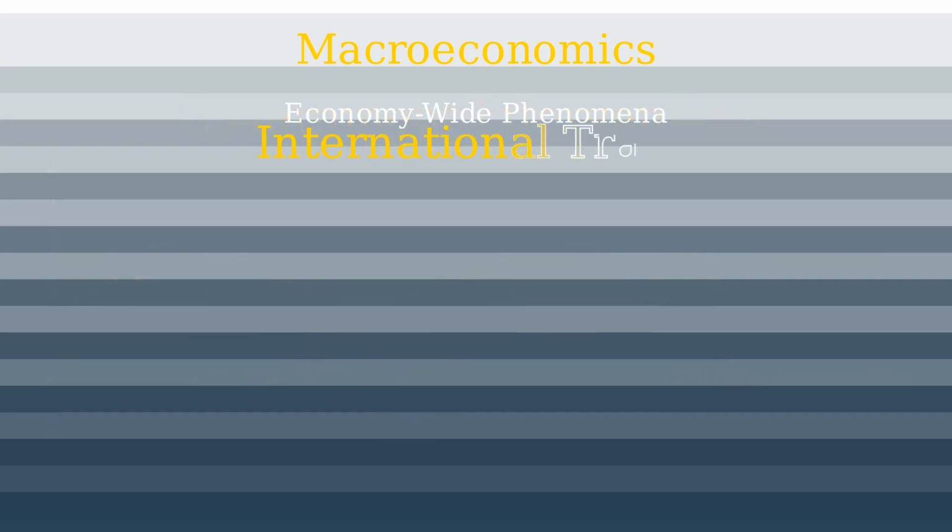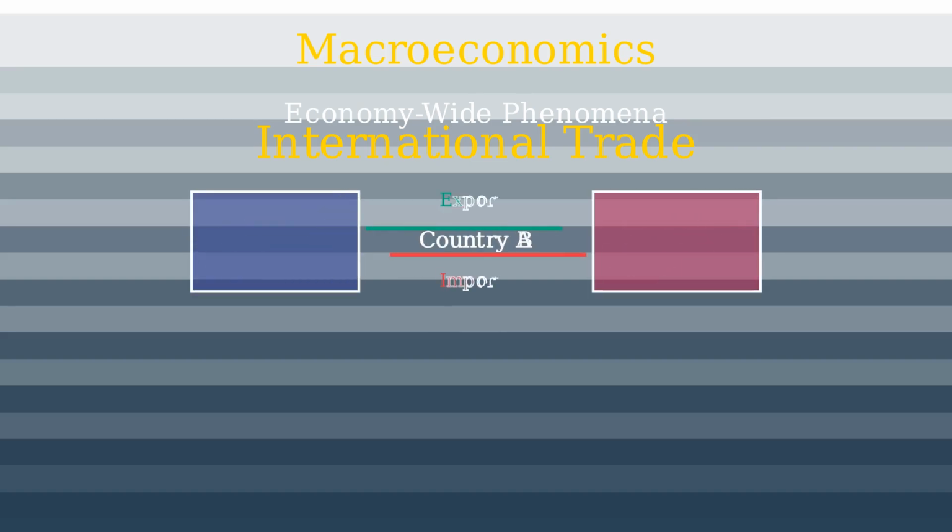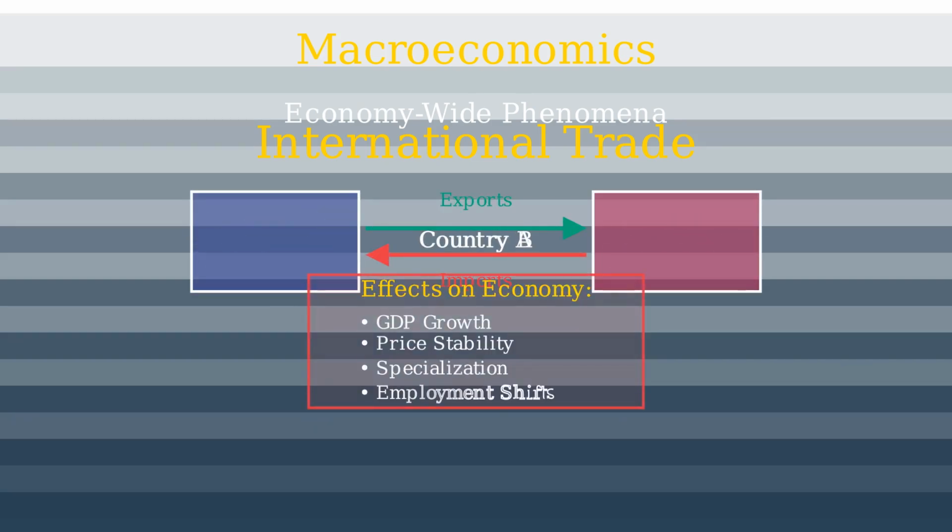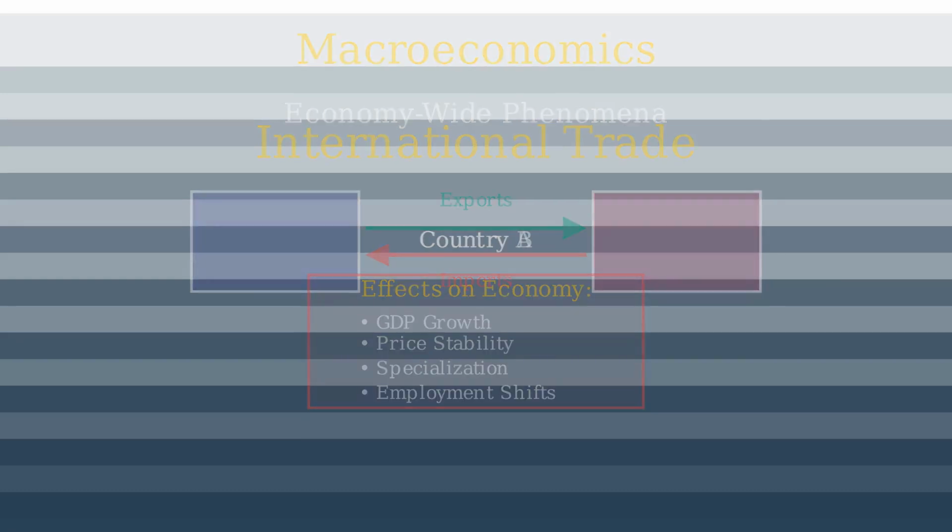International trade is another critical area of macroeconomics that affects a country's overall economic performance. Countries exchange goods and services through exports and imports, creating complex global economic relationships that impact GDP, employment, and price levels. By understanding these macroeconomic principles, economists and